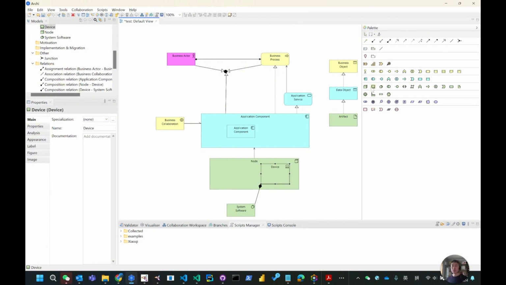So I should say, if you watch the Archi Insurance case study, I have a separate course for those two case studies. You may see that in Archi Insurance we almost only use these lines of this technology layer. But when you watch that ArchiMate case study, we quite heavily use these four,